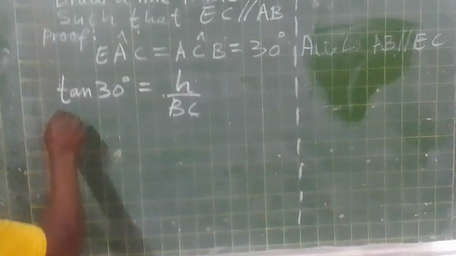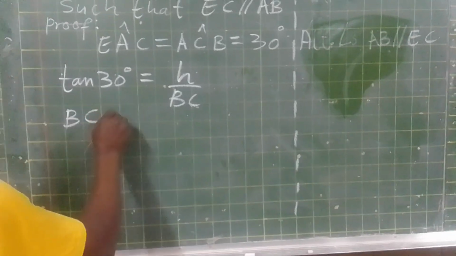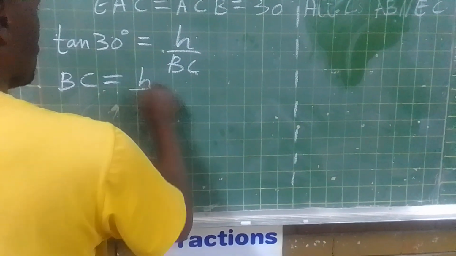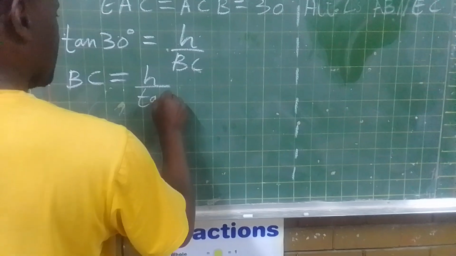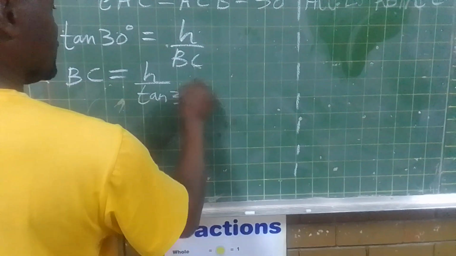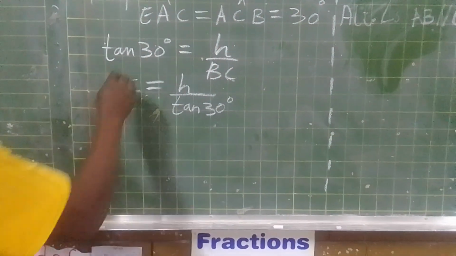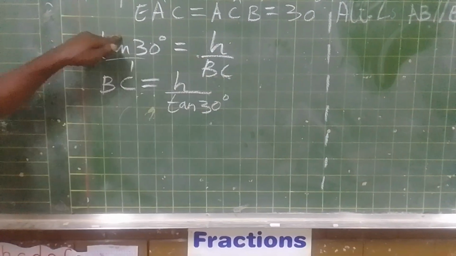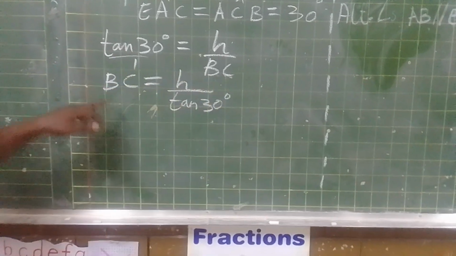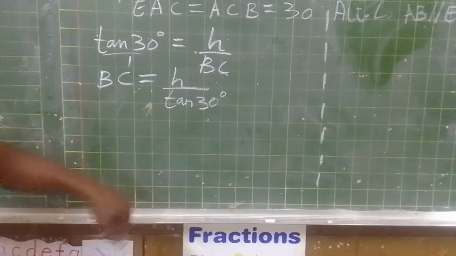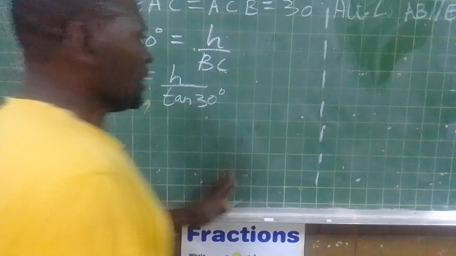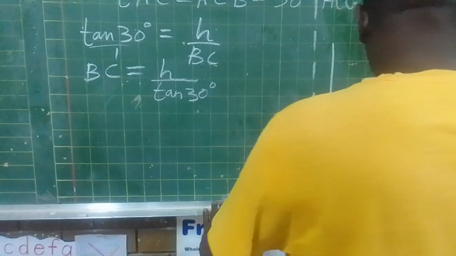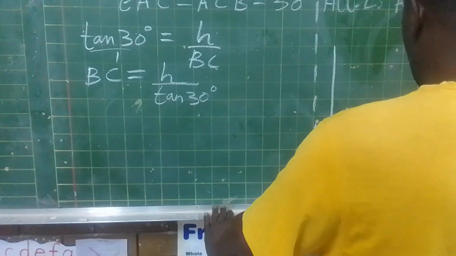Now BC will be equal to H over tan 30 degrees. We have cross multiplied. This BC comes here, this tan 30 goes there. Then BC equals H over tan 30 degrees. But we know that if we go to our special angles, it states that